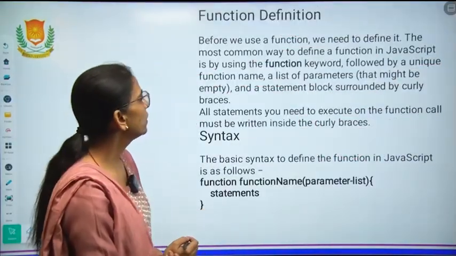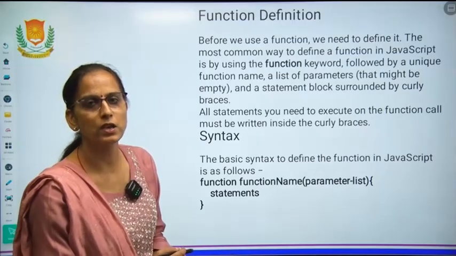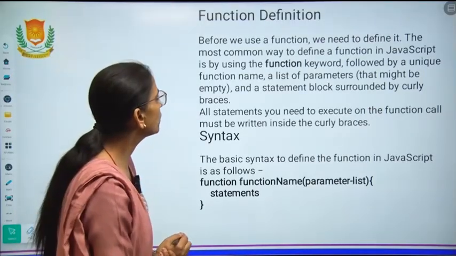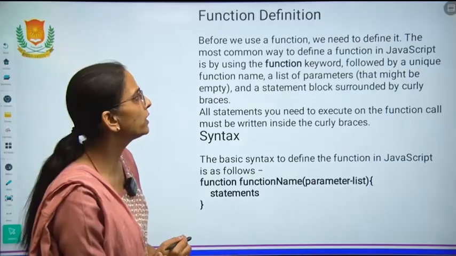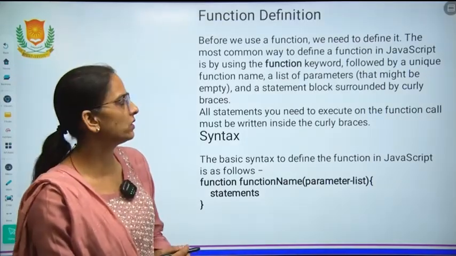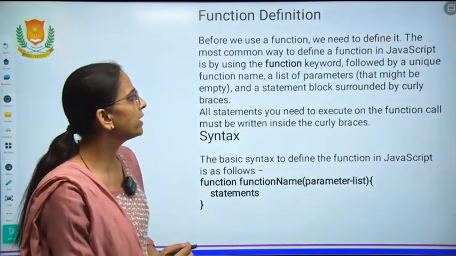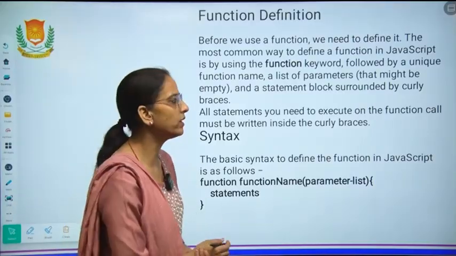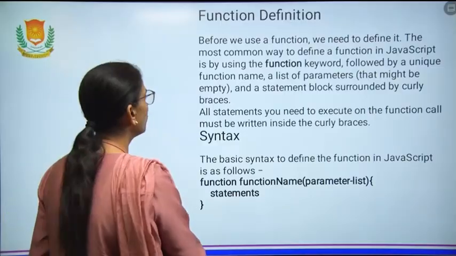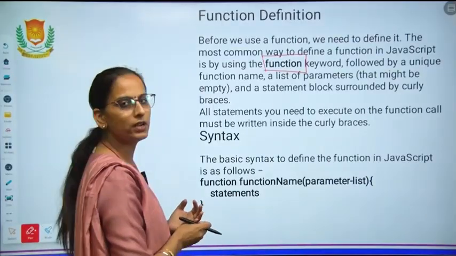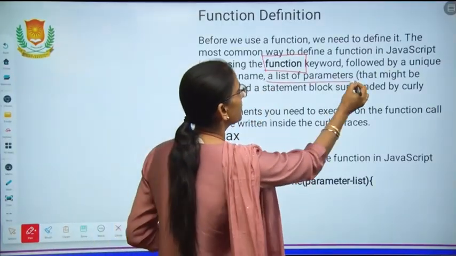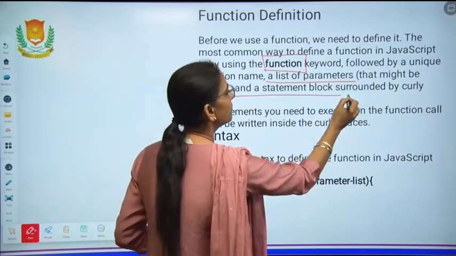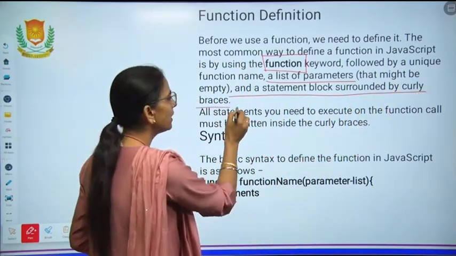What are functions? What do you mean by it? Before we use a function, we need to define it. How do we define a function? The most common way to define a function in JavaScript is by using the function keyword. This function keyword is followed by a unique function name, a list of parameters and a statement block surrounded by curly braces.